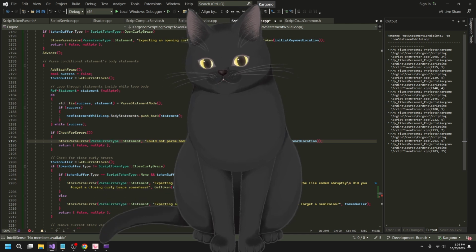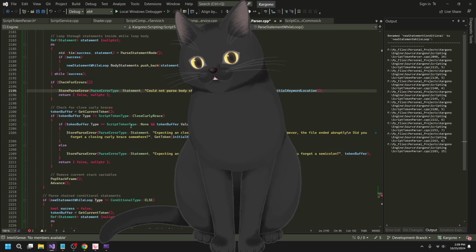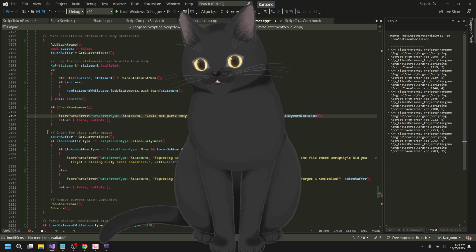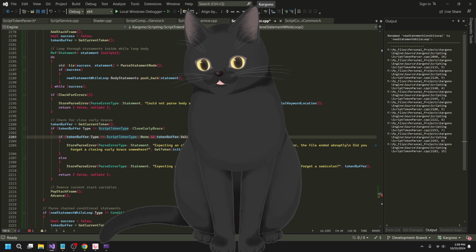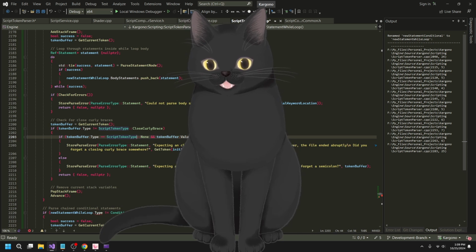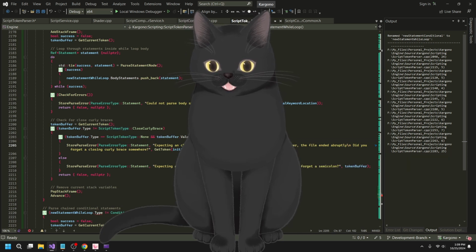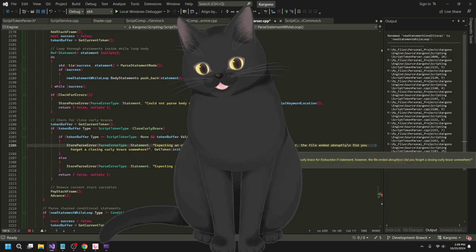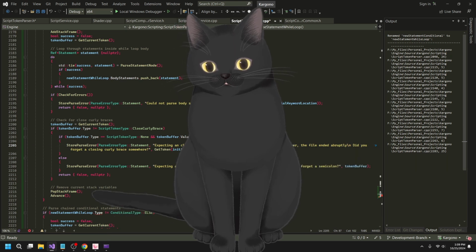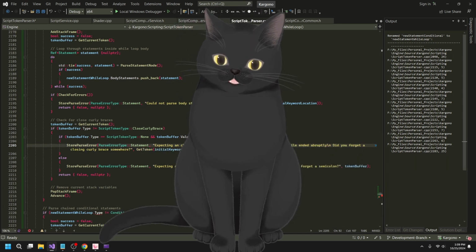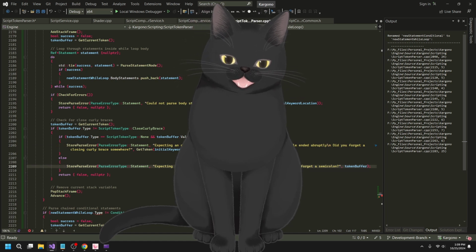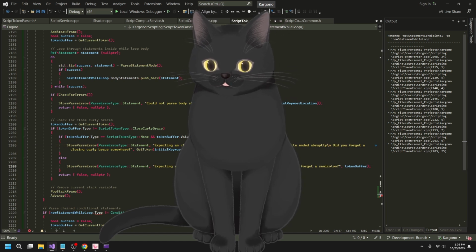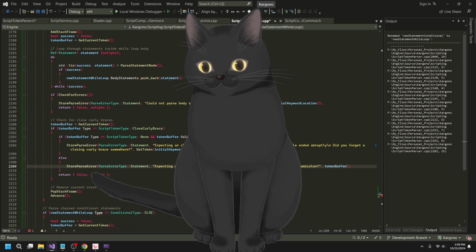I don't know. It doesn't matter to me. Okay, and then we check for closing curly brace. So we check for the closing curly brace, and then this is just some weird end of file stuff. I think I was having an issue at some point with something. I don't remember the details, but I'm sure this fixes something. Maybe I should add an explanation or something.